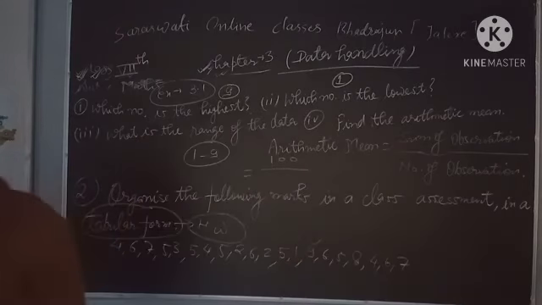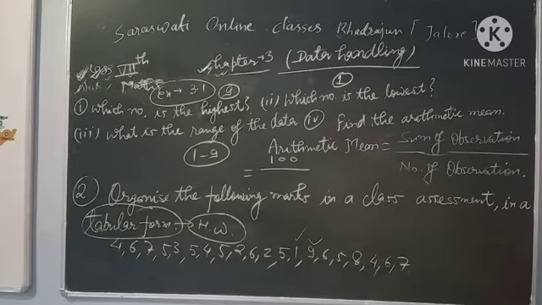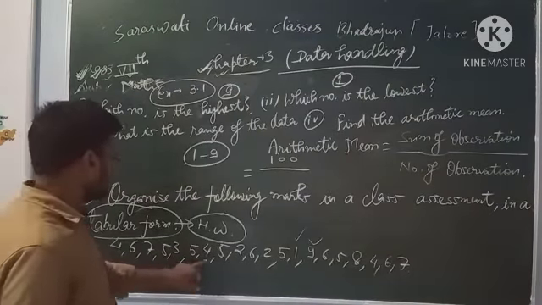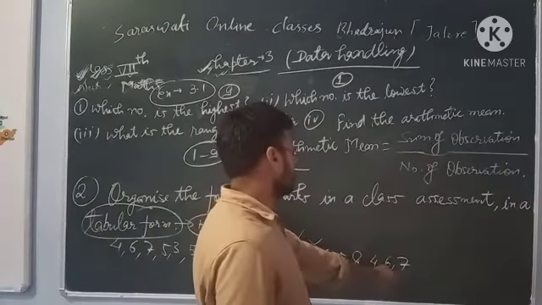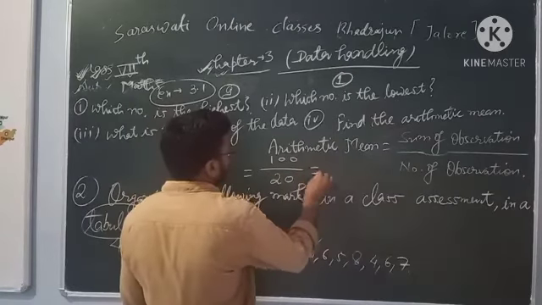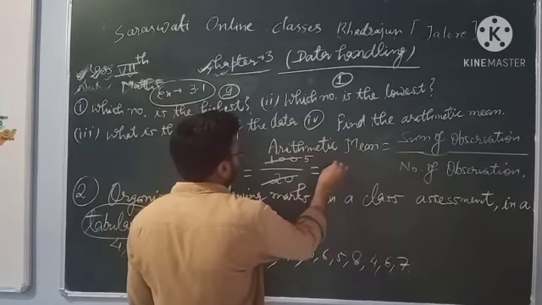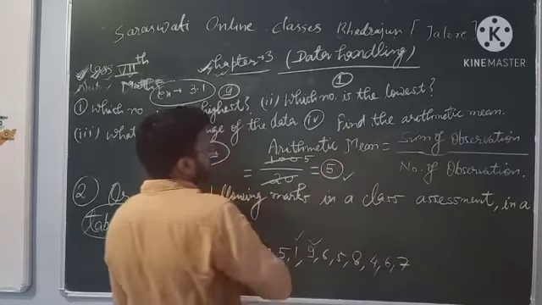And how many is the number of observations actually? I hope it is very clearly visible and audible to you. Number is: 1, 2, 3, 4, 5, 6, 7, 8, 9, 10, 11, 12, 13, 14, 15, 16, 17, 18, 19, 20. Sum of observation is 100 and number of observations is 20. So 20 fives are 100. This is our answer, which is 5.